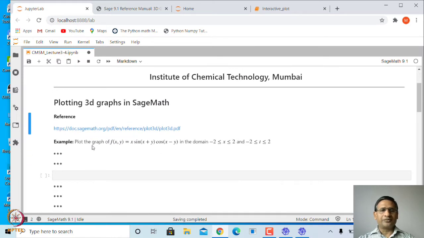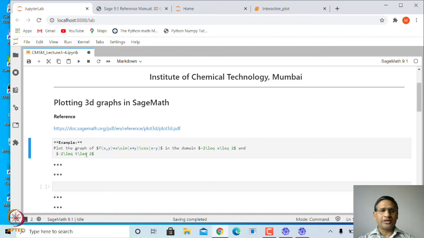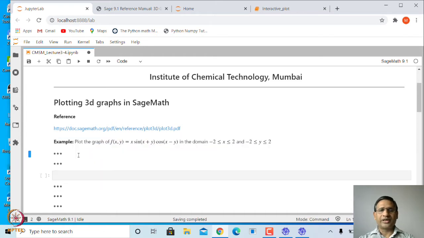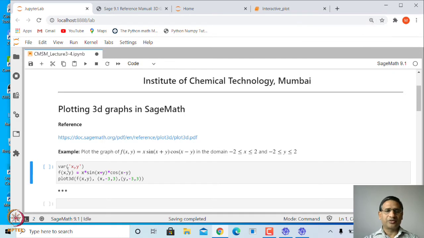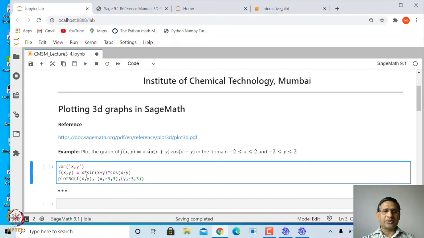We want to plot the graph of a function f(x, y) equal to x sin(x + y) cos(x - y) in the domain x between minus 2 and 2 and also y between minus 2 and 2. So, let me change this to y, x and y varying in the domain minus 2 to 2. First we need to define this function f(x, y) as a function of two variables x and y. So, we need to first declare x and y as variables. So, we have declared x and y as variables,